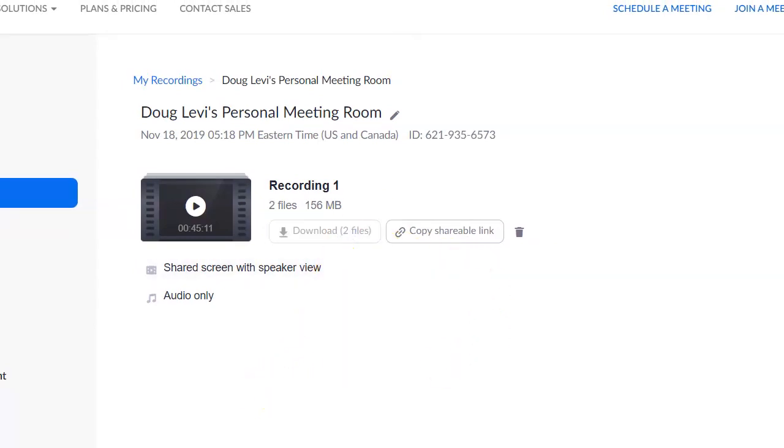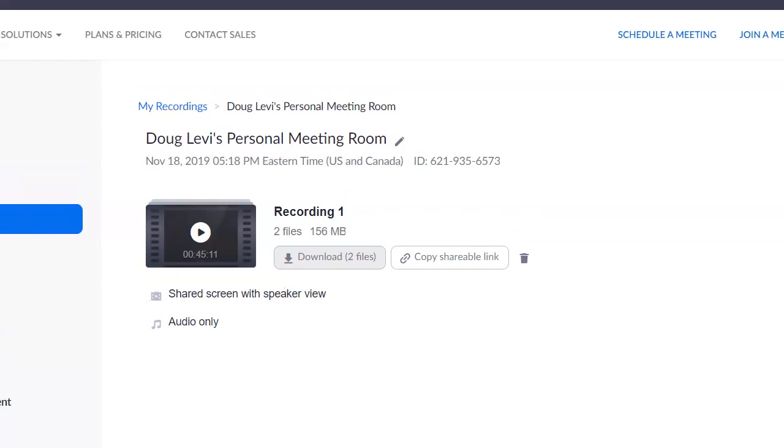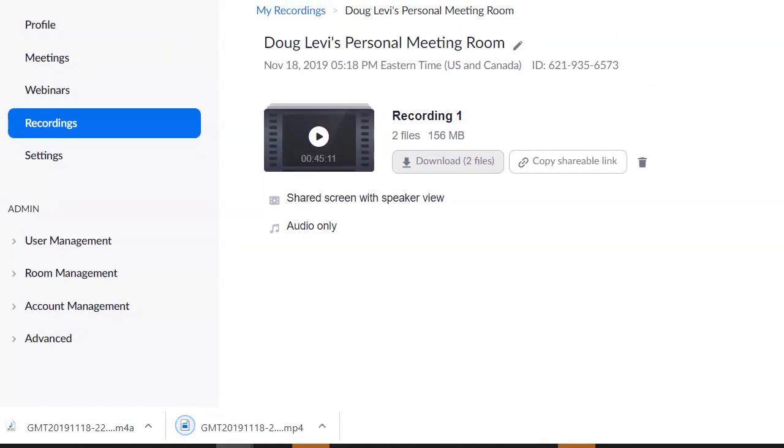And again, what we're trying to do is get this to YouTube and Facebook as well, and out to the team. And I'll explain all those steps. And you can see down here it's downloading, and again, these are big files. These come through as what's known as MP4 files, which is a media file. You're going to click this little arrow, and then you're going to click Show in Folder,